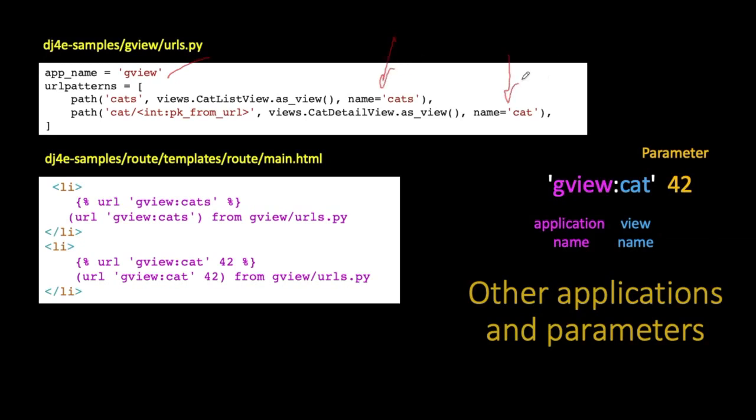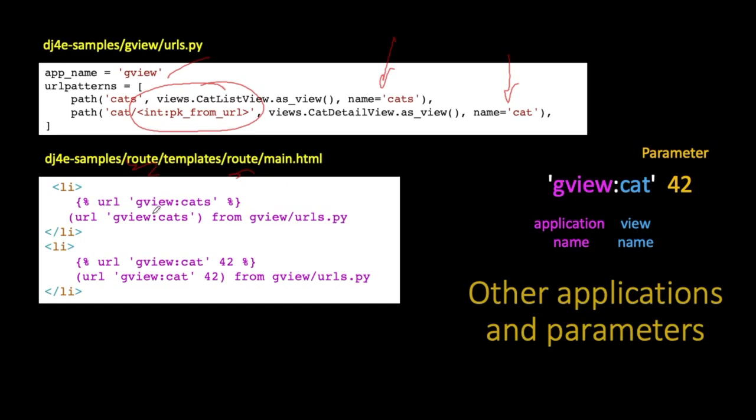The view that is all the cats has a name of cats, and the view for a single cat is cat. But the cat one takes a parameter. It's an integer number, which is cat number 42 or whatever. And so we're sitting here in the route application,